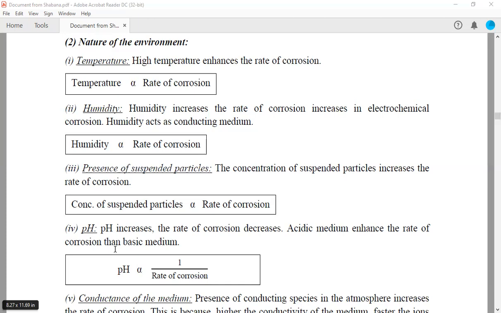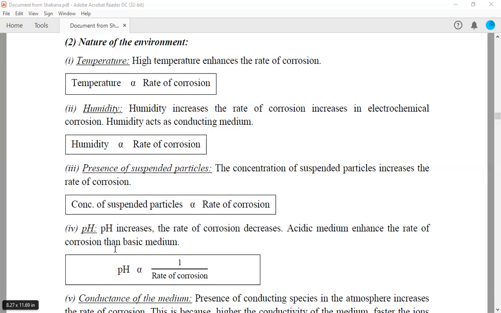Next, coming to the rainwater. The rainwater not only supplies the necessary moisture for electrochemical attack, but also washes away a good part of the oxide film on the metal surface, leading to enhanced atmospheric attack unless the oxide film is exceptionally adherent. For these reasons only, as the humidity increases, the rate of corrosion increases.